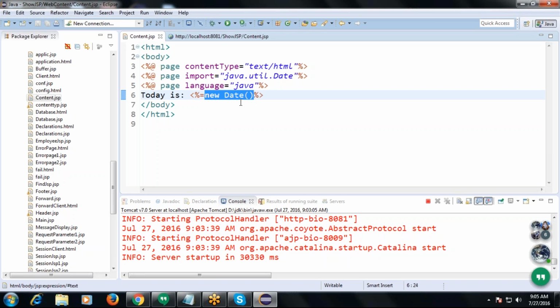So which language syntax is this? Yes, Java language syntax. That's what we specified as another attribute, language equals Java, right? Is it clear, Sai and Venkat? Yes, Chandra. Fine.